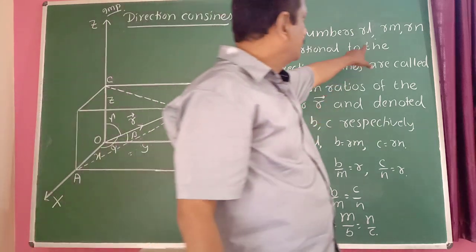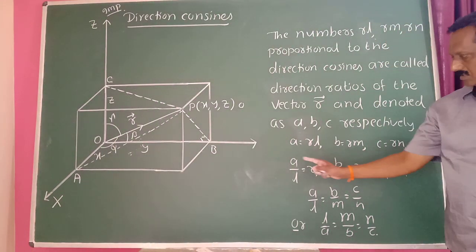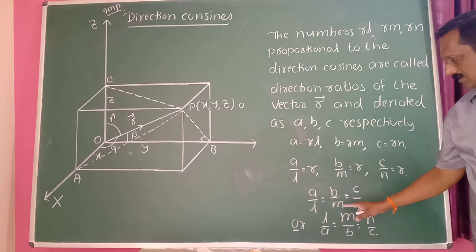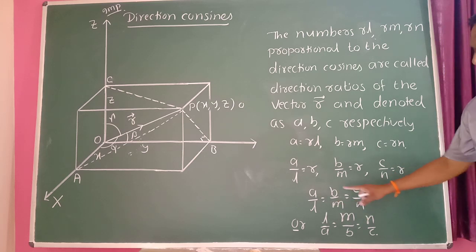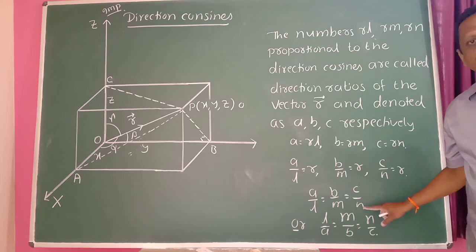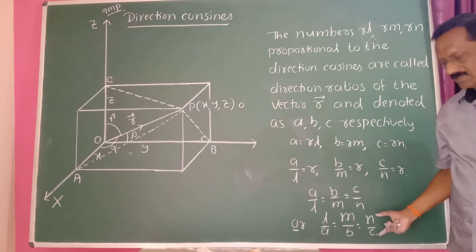Okay, consider this one as a and this one as b, this one as c here. Hence that cross multiply we get these terms here. So each ratio is equal to r in each case. Yes, these are equal here. Therefore direction ratios and the direction cosines are proportional to each other. You can write the ratios like this or even like this also.